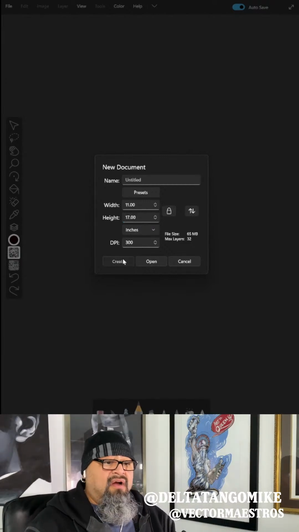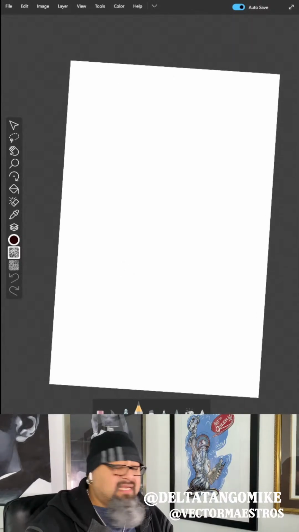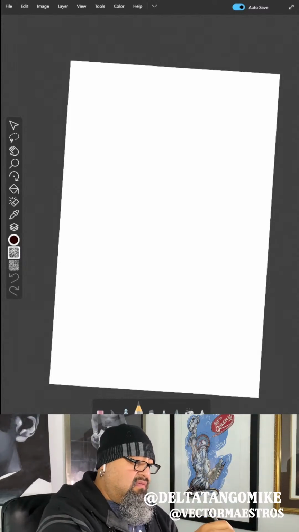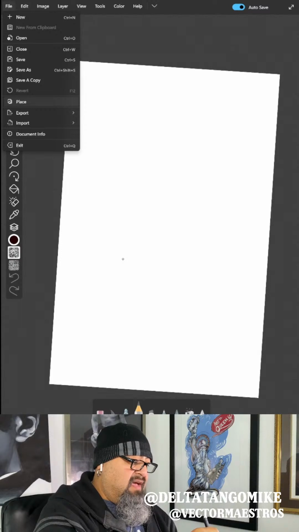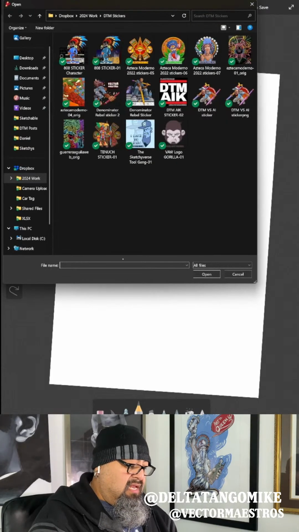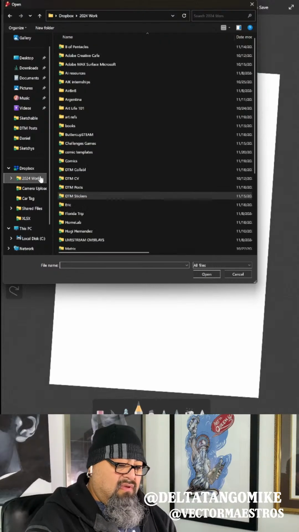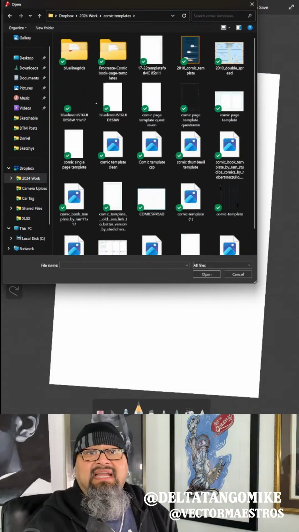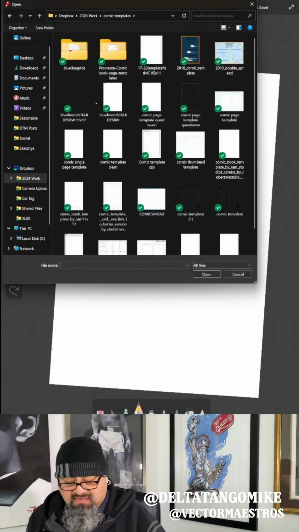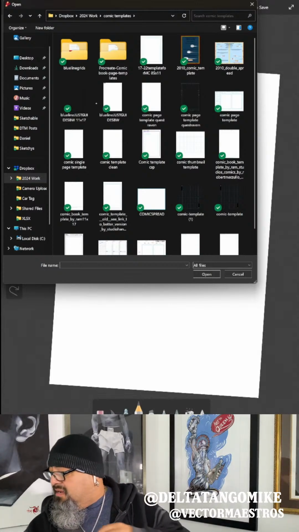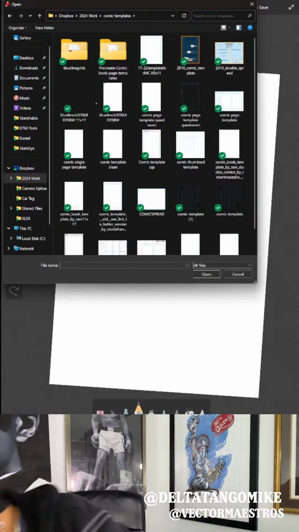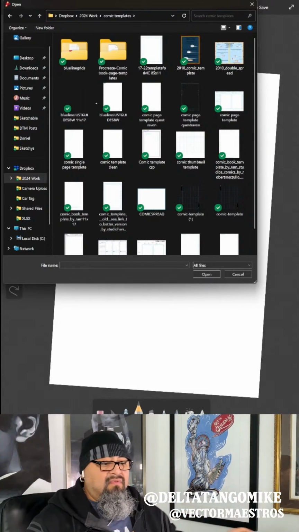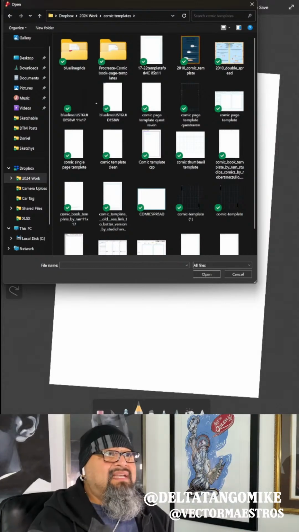I'm just going to make an artboard, right? But remember, I said that I have a lot of templates now that I can use. So let's go to File, Place, and then look for my templates. They're down here. Is it in comic templates? Yes. Boom, and I have a ton of templates. Is there another one here? Yes. My glove. Just gotta have the glove on. All right, cool. And so as you can see, I have a ton of templates here, ready to go.